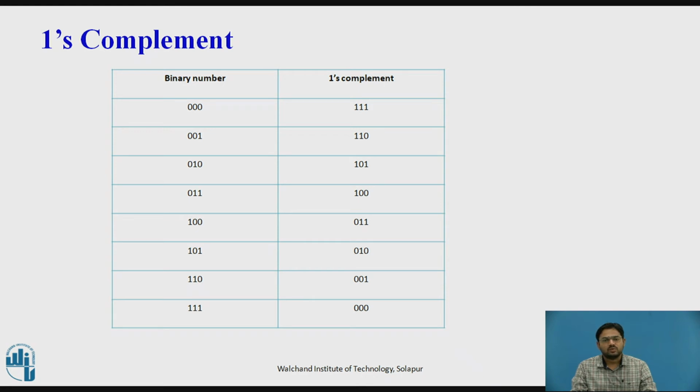The ones complement of 1 0 0 is 0 1 1. The ones complement of 1 0 1 is 0 1 0. The ones complement of 1 1 0 is 0 0 1. And the ones complement of 1 1 1, complementing all bits in it, will become 0 0 0. So this is an example for 3 bits, and similarly you can extend it to 4-bit, 5-bit,